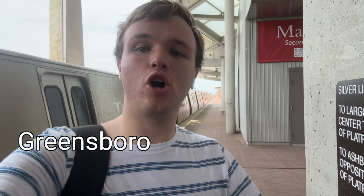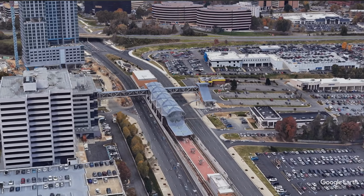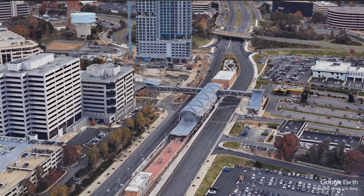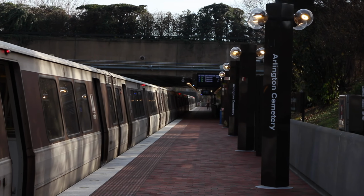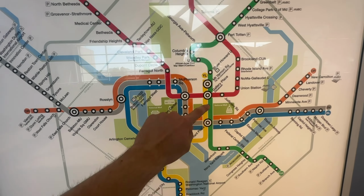This is Greensboro Metro Station, the only normal metro station without any bus connections. Greensboro Station, located along Leesburg Pike, is a bit different than other Silver Line stations with this design. It partially sits above and below the surface, resembling stations like Southern Avenue on the Green Line and Arlington Cemetery on the Blue. If we take a look at the metro map, we see that the station is out here